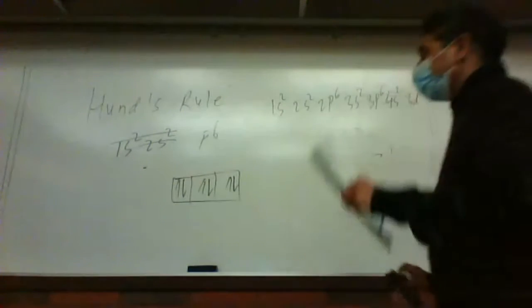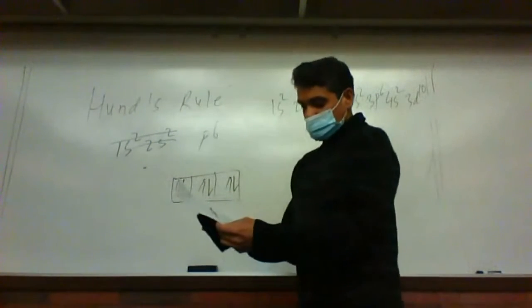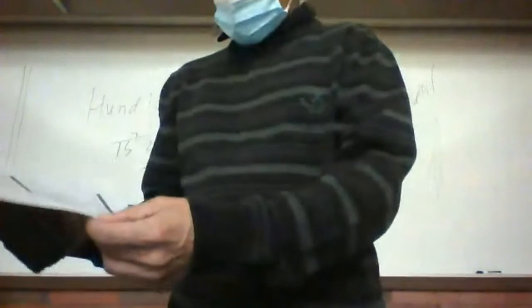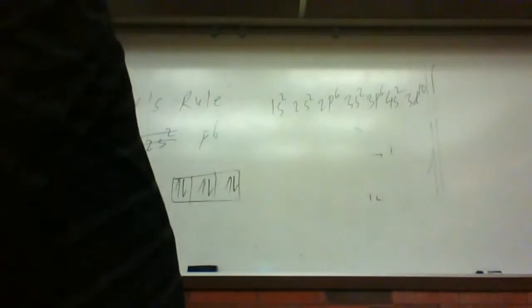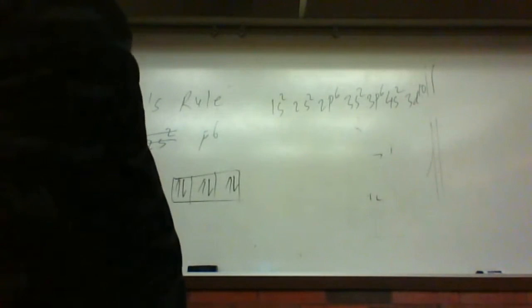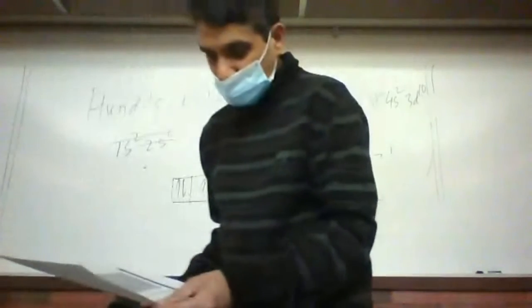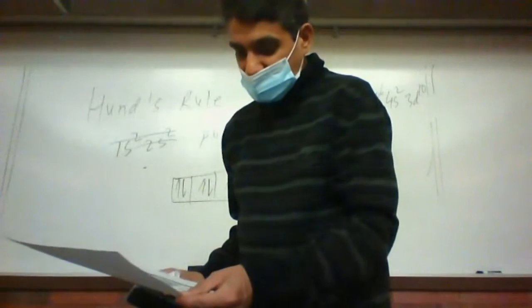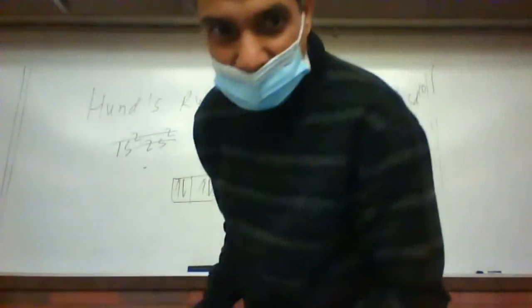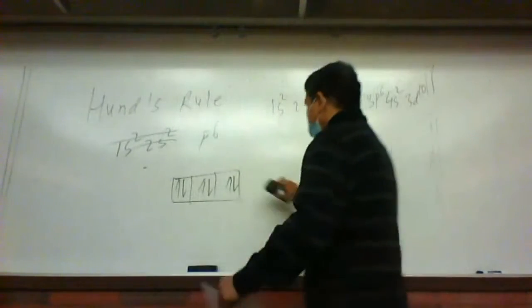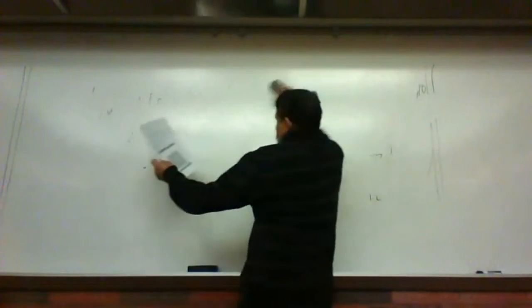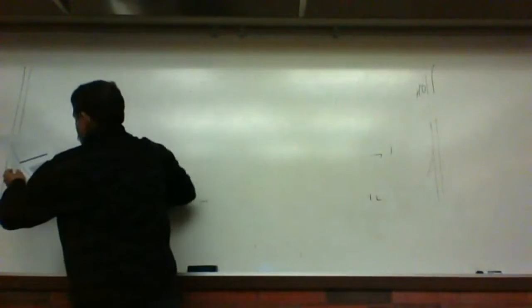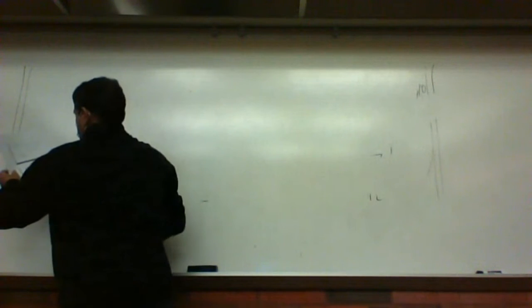Now let's look at a d orbital here. Did I do a d orbital here? I think in the next slide I have a d orbital. Let's look at the d orbital in slide number 4. So in slide number 4, if you see